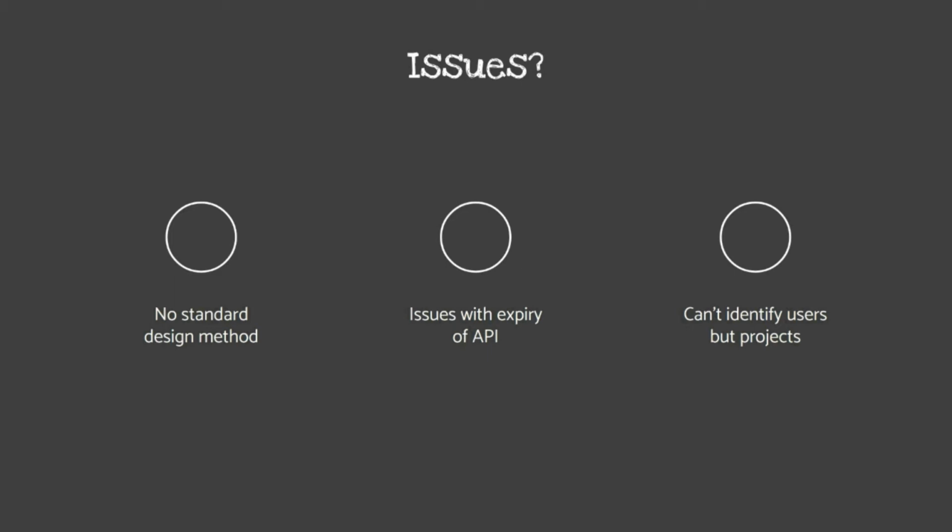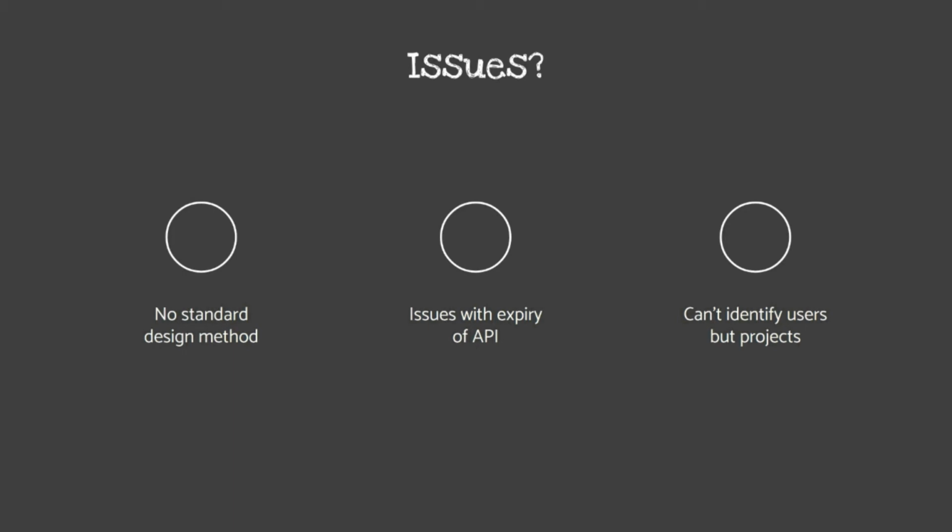There is no standard design method, there is no fixed specification for how and in which format API keys are generated and verified. Also, there can be an issue with expiry of API keys. Maybe we want our keys to expire in a day, or in a month, or in a year, or every 30 minutes. The other thing might be that it can only identify projects but not the users. And although these are problems that we can work around,